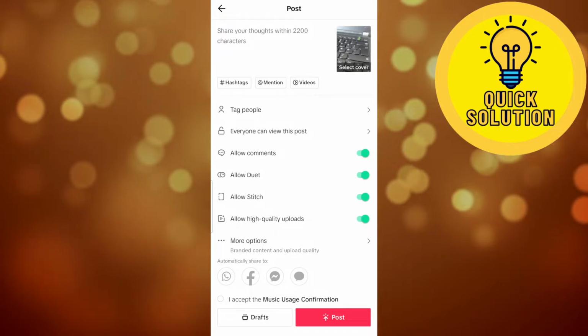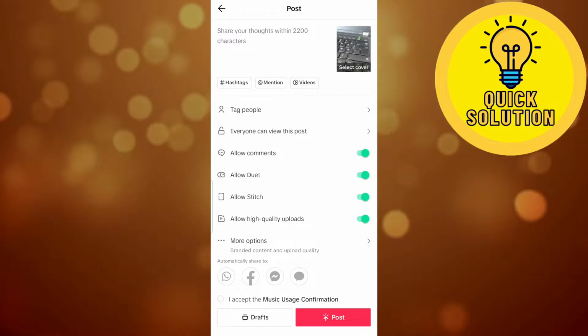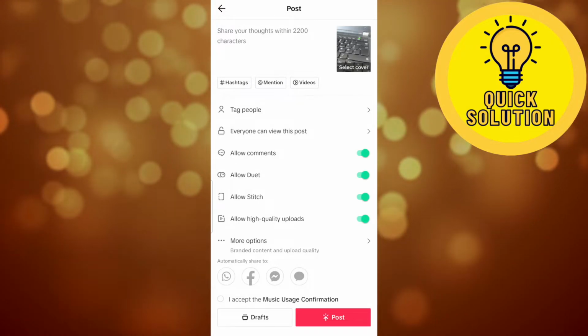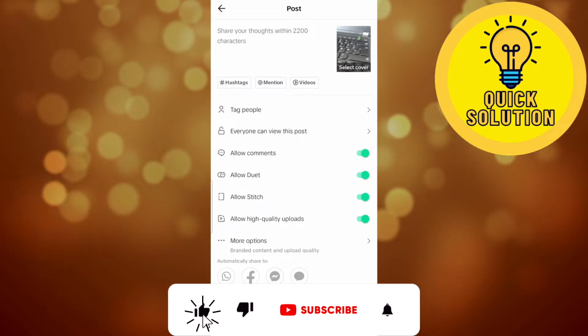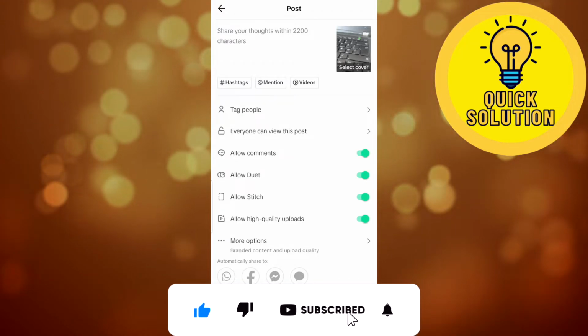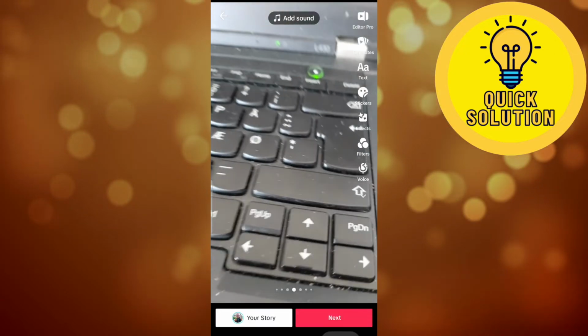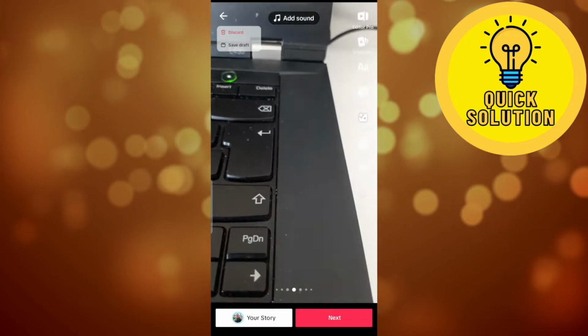and open the app. So as you can see right here, I'm about to post a video, and at the bottom of the page right here I have this option which says allow high quality uploads, which means that I'm able to upload HD videos on TikTok. But if you don't have that option available, I'm going to show you how to enable that feature on your